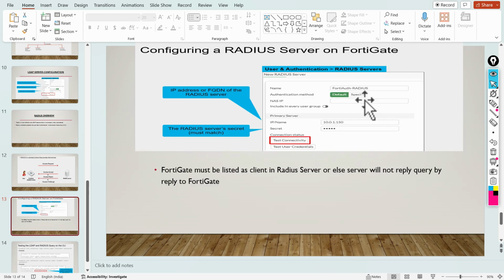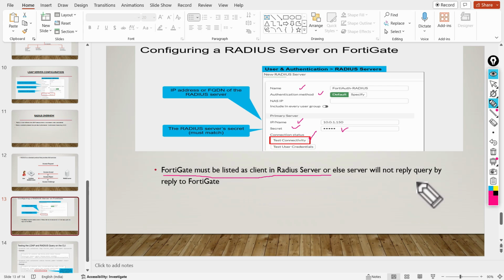And this is the configuration of the RADIUS server. We need to define the name, the authentication method, and also the name and shared secret key. This is provided by the RADIUS server, and test user connectivity is used to test the connectivity. Note that FortiGate must be listed as a client in the RADIUS server.